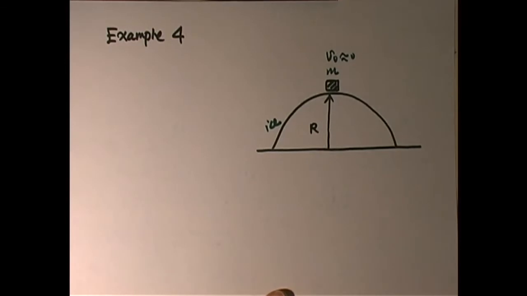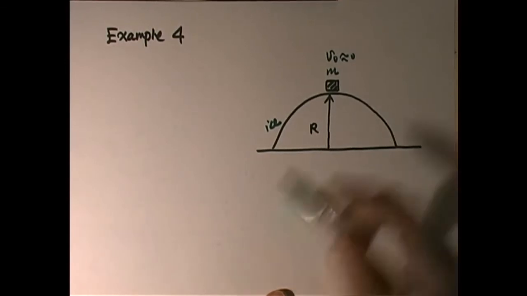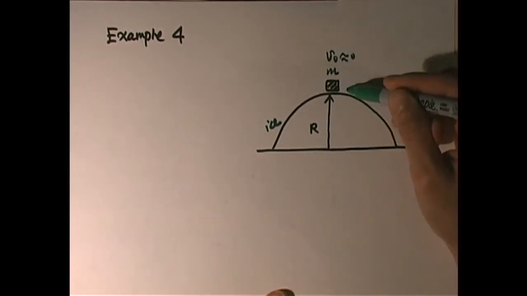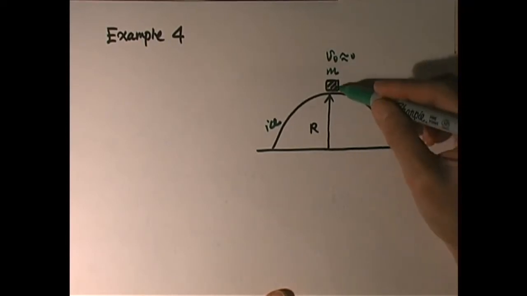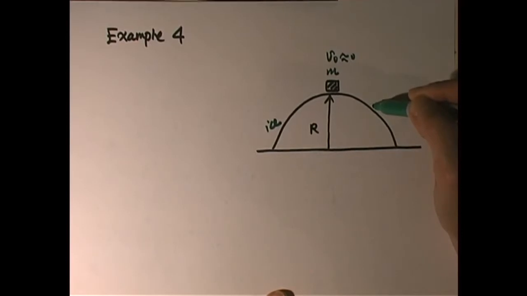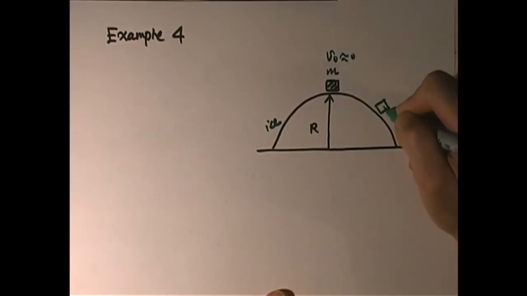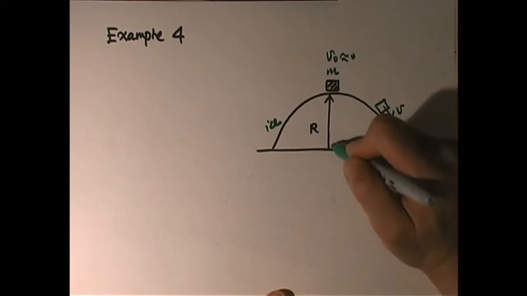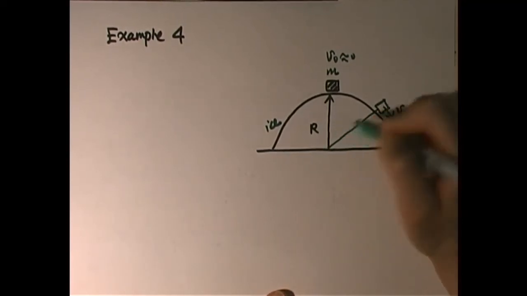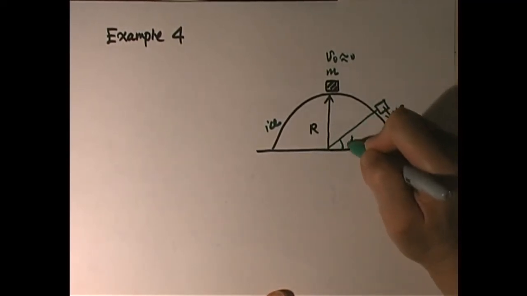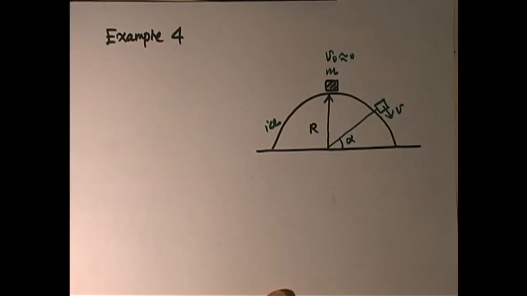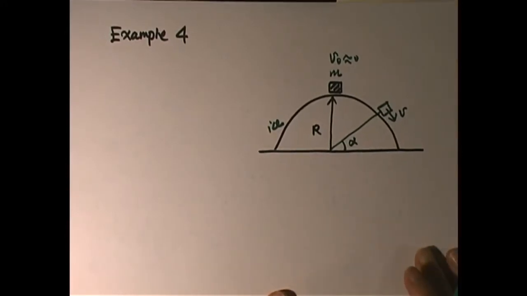this block will start to slide down. Initially, it will be able to follow the contour, but you can imagine when this one goes down, the speed will pick up. At a certain point, the speed is so high, it will get airborne, which means normal force equals 0. The question is, at what angle, with respect to horizontal, will the block become airborne, which means